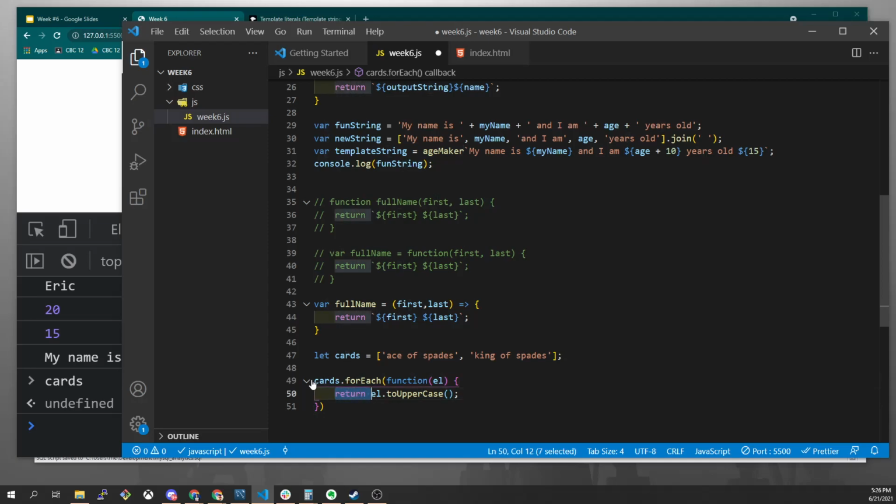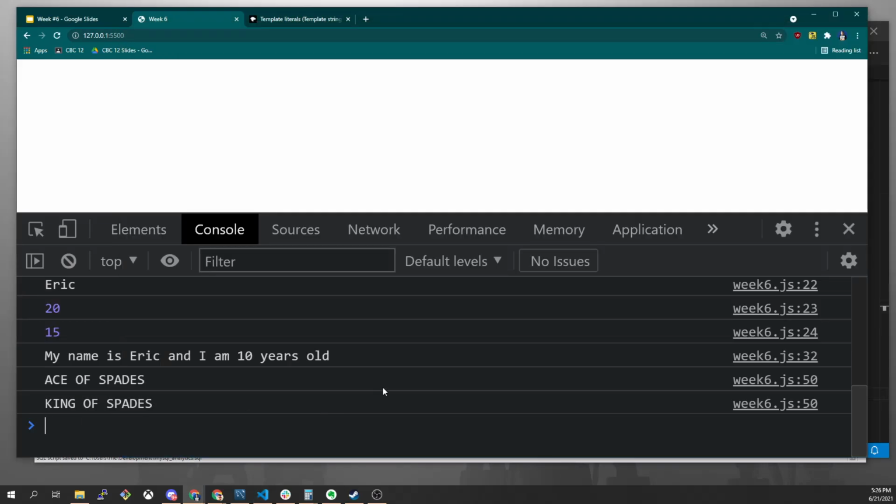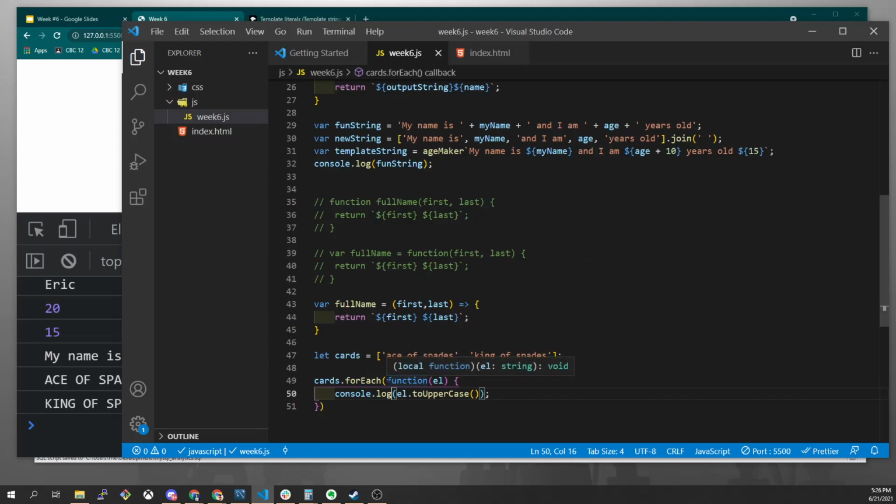Well, I'll just log it for the sake of argument. Console.log el.toUpperCase. Right. So this is the kind of thing we've been doing pretty frequently. But what we might do, sort would be a really good one, because that one returns. But what you might see is this type of syntax when you're working with these kind of iterator loops, where